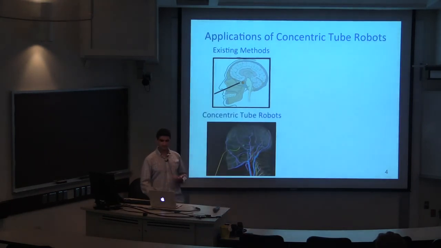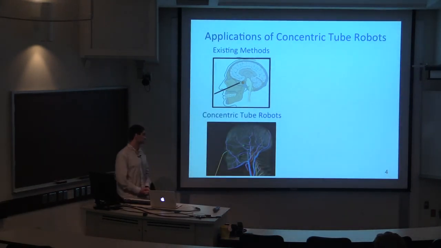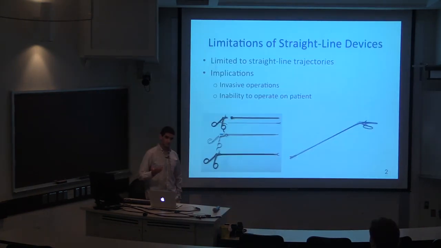But in the case of a concentric tube robot, these robots can curve around. This straight-line limitation has some severe implications during surgery. For instance, for traveling to clinical sites in tight spaces, these devices cannot travel curved paths, and this may lead to invasiveness of nearby anatomical structures. In other cases, the use of these devices may render the operation inoperable, so the patient cannot be operated on given the